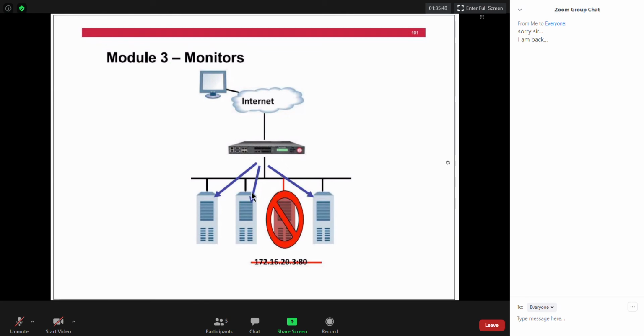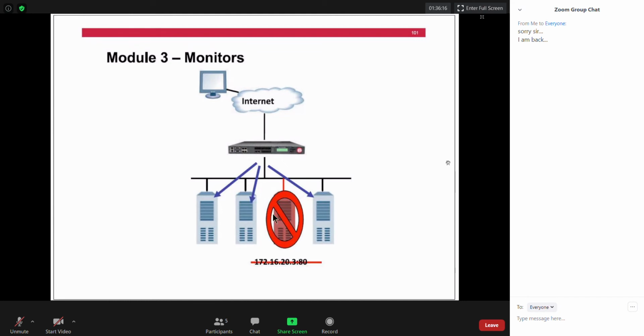That's why we need these monitors, and monitors are one of the key components of this BIG-IP solution. Because if you do not have monitors, let's put monitors aside, it becomes like a traditional DNS server, and that would be a problem. So how can we fix this problem?